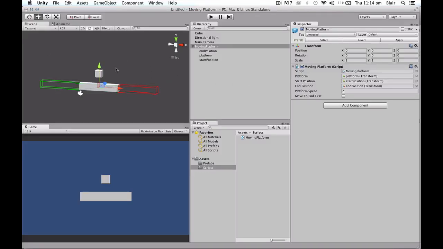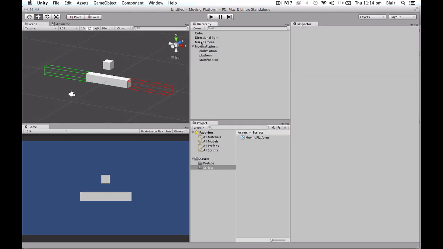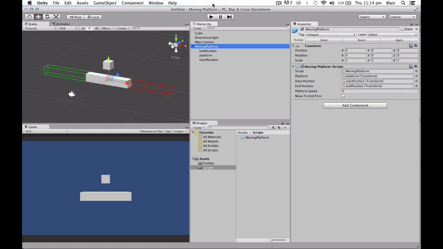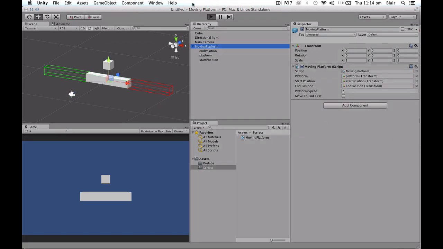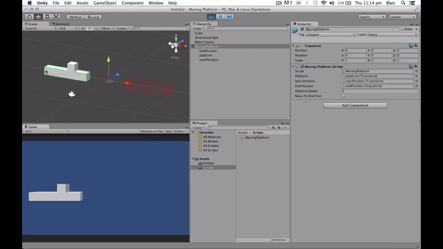Hey everyone. So I was asked today how to make a simple moving platform for a platformer type game. So I thought I'd put together a quick video tutorial to show you one way to do that. So I've put one together, and what I'll do after I've demonstrated how it works is we'll pull it apart and build it again. So if I hit play in Unity right now, you can see we've got a moving